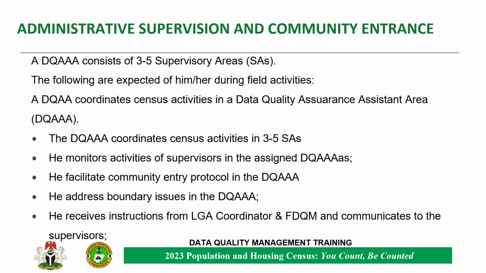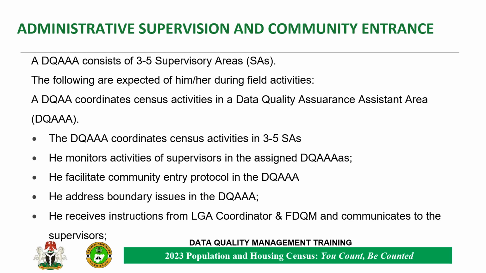So the first one, he coordinates census activities in 3 to 5 EAs. The data quality assurance assistant is in charge of a minimum of 3 to 5 EAs. He coordinates all census activities that happen in those areas. He's in charge, and then he instructs. He receives instruction from the LGA coordinator and then FDQM, and then he communicates this to the 3 or 5 supervisors working with him. So he monitors activities of these supervisors in his area of assignment, and then he facilitates